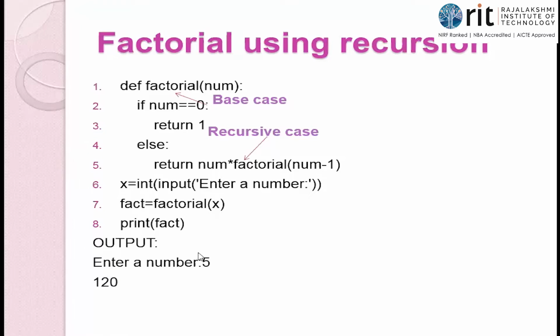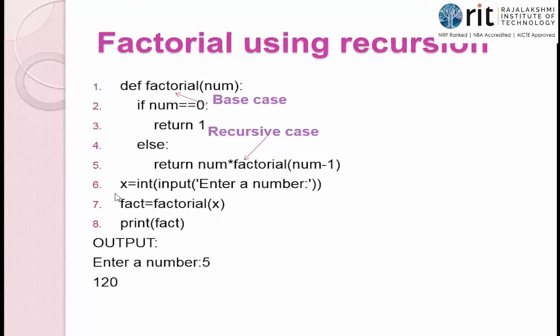After the display, since the input function was given, it demands an input from the user. So being a user, I'm going to type 5. That 5 is converted into an integer and gets stored in the variable x. So x takes the value 5. Hope this is clear to you.